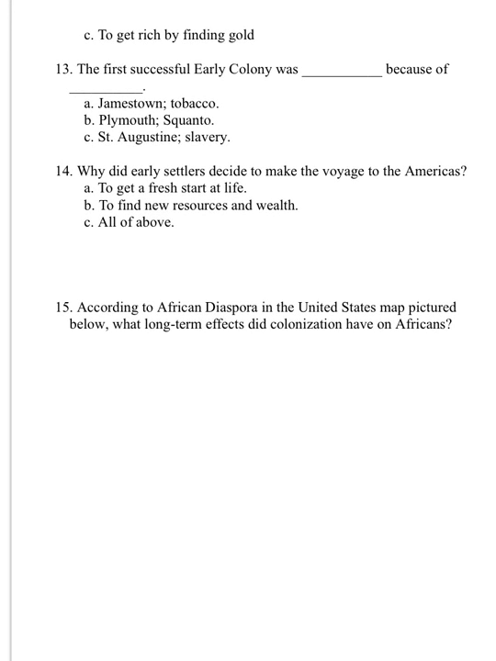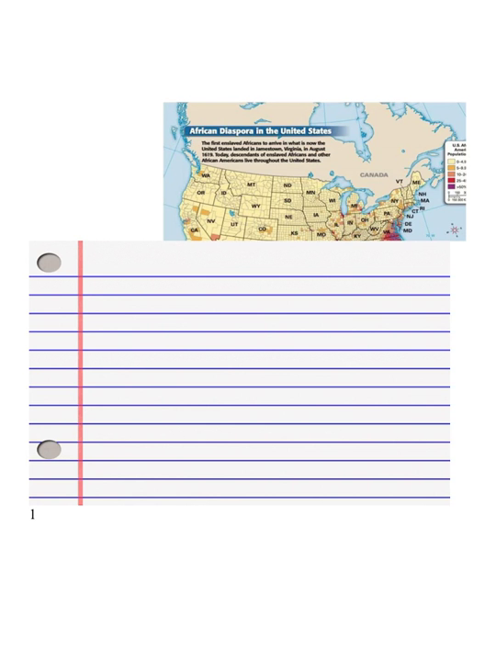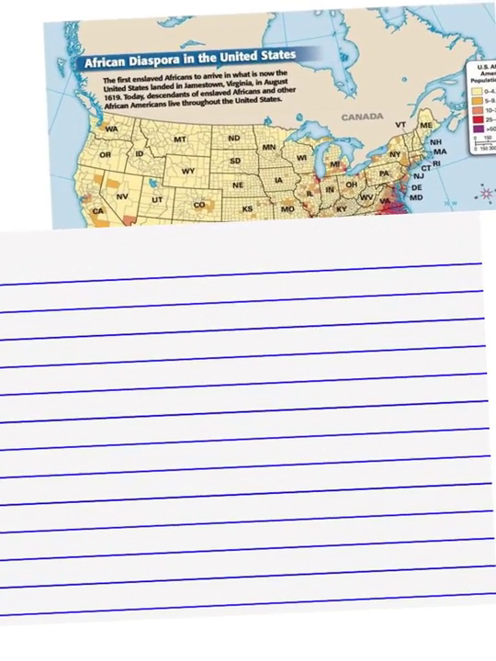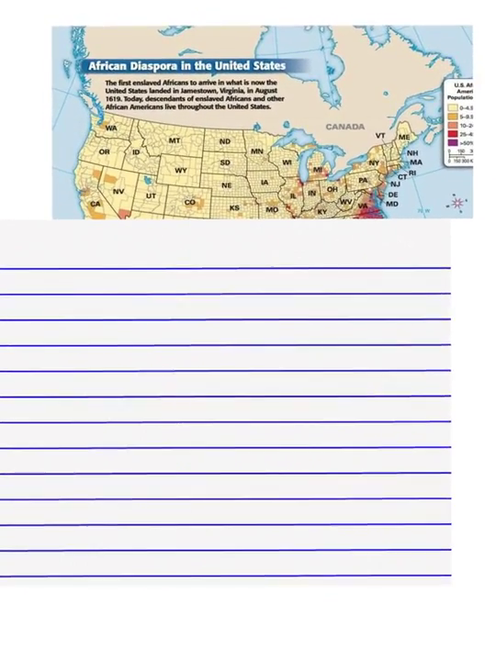Okay, so number 15 is going to be your short answer response. So I'm going to read the question, then I'm going to show you the map, and then I'm going to read you the question again. So number 15, according to African diaspora in the United States map pictured below, what long-term effects did colonization have on Africans? Okay, so this is kind of messed up on the formatting,